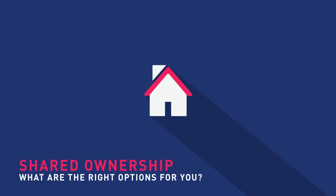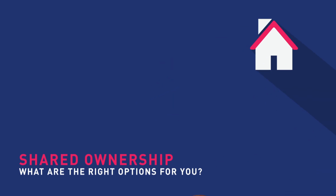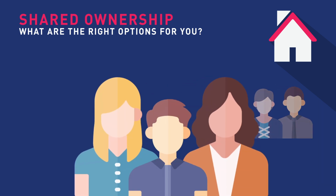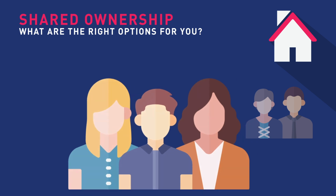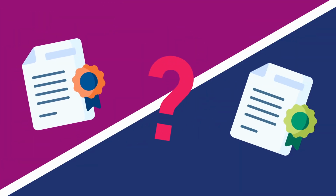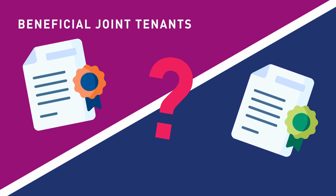Sometimes ownership of property needs to be shared. Couples and friends living together, married, civil partnerships or unmarried, parents helping their child to buy their first home, or situations where there is a shared ownership scheme. In the UK, there are two ways of registering your legal ownership shares in a property: beneficial joint tenants or